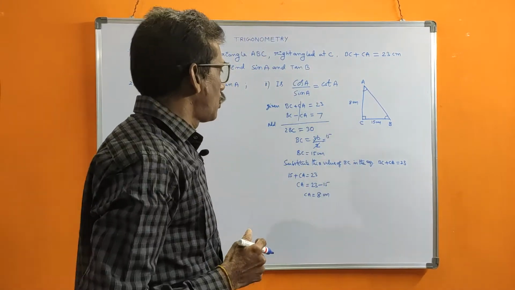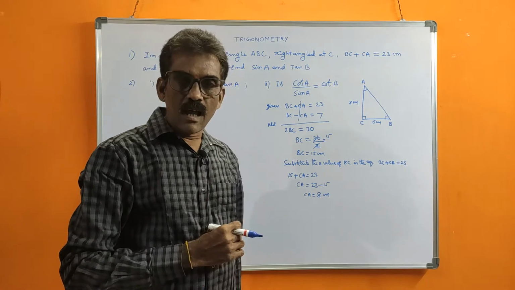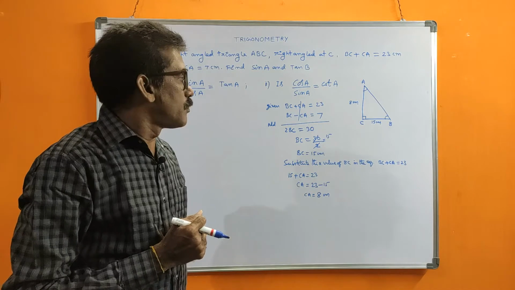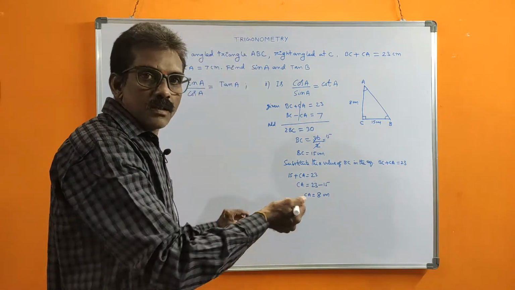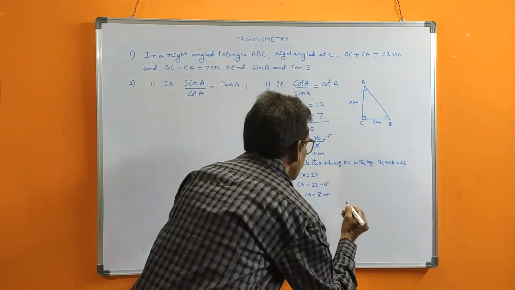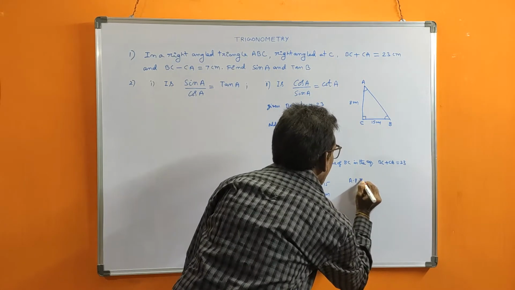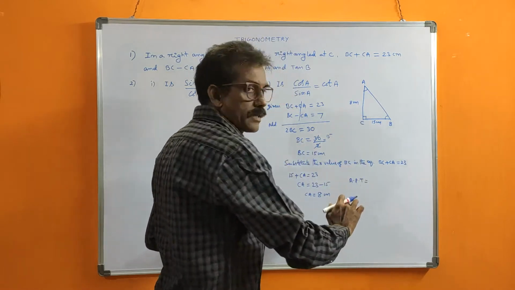Now you know two values. Once you know two values in a right angle triangle, the other side we can calculate. How? I told, by using Pythagoras theorem. I am not always writing fully; for example, you write fully in exams. Here I will write just APT, which means according to Pythagoras theorem. You apply Pythagoras theorem to this triangle.